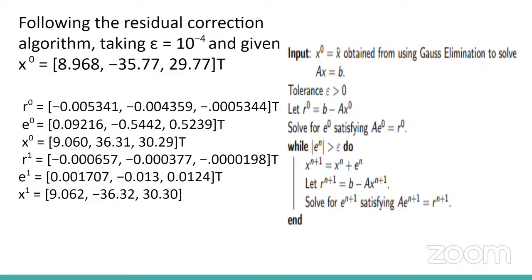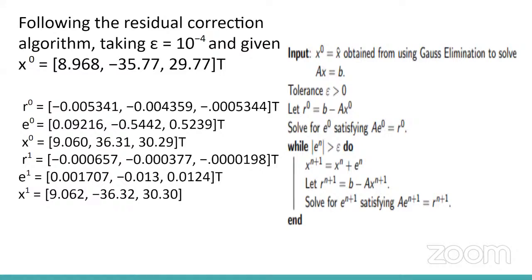Okay, so the value A is a coefficient. Yes, the value is the coefficient. X equals B, right? So once we have a tolerance level, which is an element greater than 0, let R naught be equal to B, right? We know B minus A X naught. So are you going to be substituting the value that you have